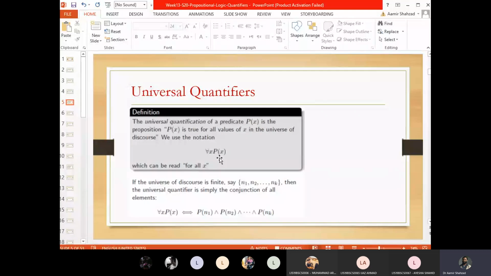And then we said that the universal quantifier is a conjunction, an and operation. So this is the and operator among all possible inputs: your predicate is true for the first value, true for the second, third value, and so on. For all values our predicate is true. And operator is one only when every value is true. If even one value becomes false, our whole expression becomes false. So universal quantification is conjunction, it's and operator.